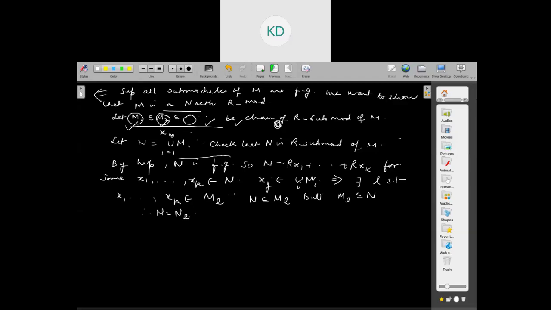This is your ML sitting here, and the union is this. That means after this the chain stops ascending. Therefore, ML is equal to ML+1 and so on, because all of these are contained in N, and N is contained in ML. Therefore, all of them are equal to N.